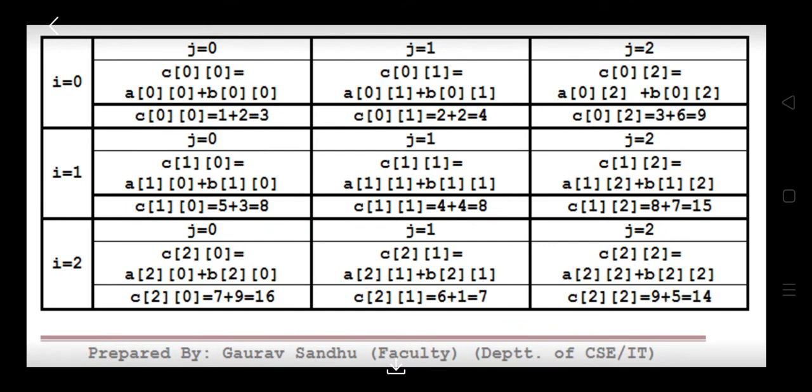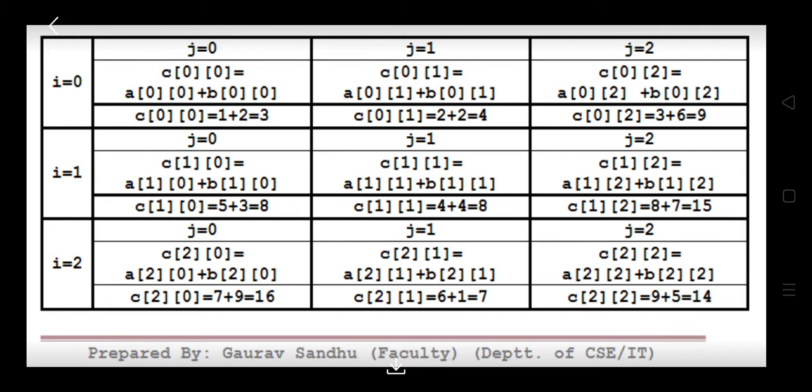Based on the program which we have seen, let's discuss how the loops execute. Initially, when i is equal to 0, the value of j will be 0, then the value of j will be 1, then the value of j will be 2, as seen on the screen. When j is 0 and i is 0, this means that we are processing element C00. When j is equal to 1 and i is equal to 0, the C01 element is being processed. When i is equal to 0 and j is equal to 2, element C02 is being processed.